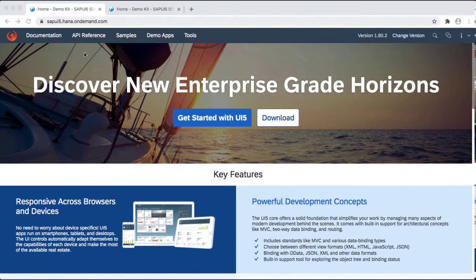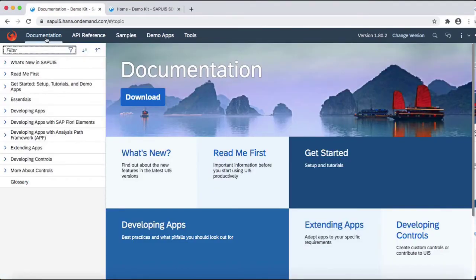The SAP UI5 demo kit has different sections like documentation, API reference, samples, demo apps, tools. The documentation section contains all the documentation of SAP UI5. There are different notes that explain SAP UI5.